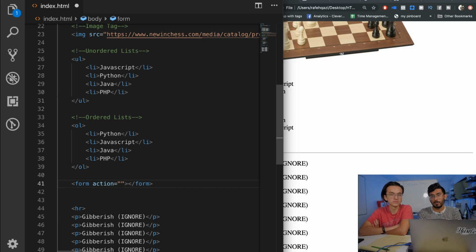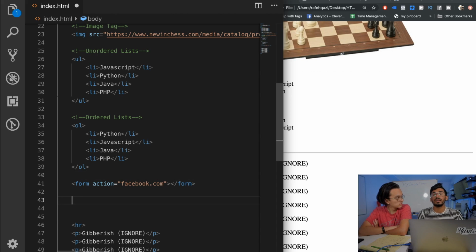That's the action. For example, if you go on facebook.com and you hit login, you hit that submit button, well, it takes you to the Facebook homepage, correct? That's the action. So action is, for example, facebook.com, all right? And when you have something like an index.html or on your local website, if you actually write this